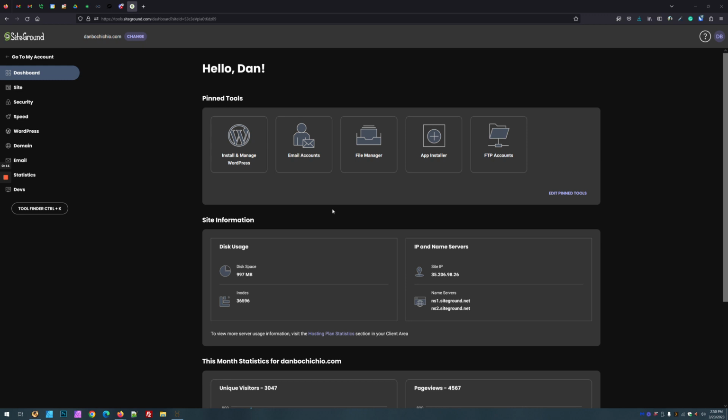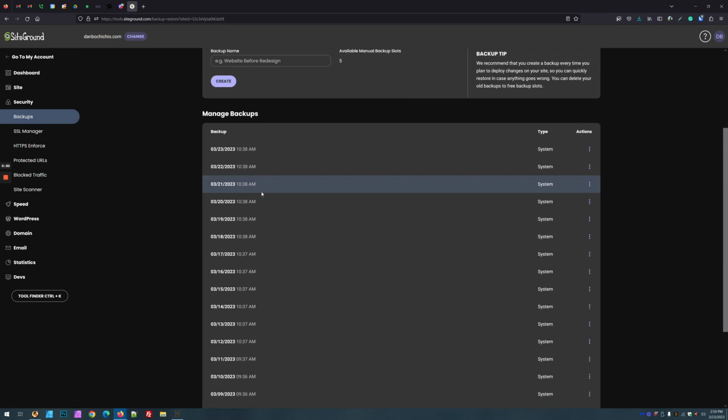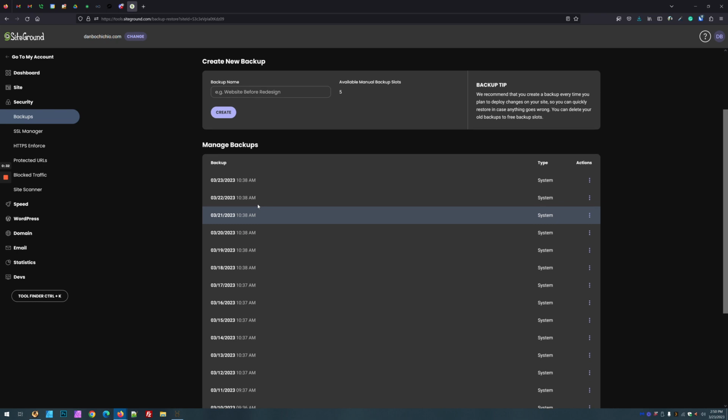So for this to work, you need to have a web hosting account with SiteGround, and after you've logged into SiteGround and gone to your site tools for your website, so that's where we are now, we're at the dashboard for the website, come over here on the left sidebar and click on Security, then go ahead and click on Backups, and in here you'll see I've had this account active for a long time, so there's already backups in here,